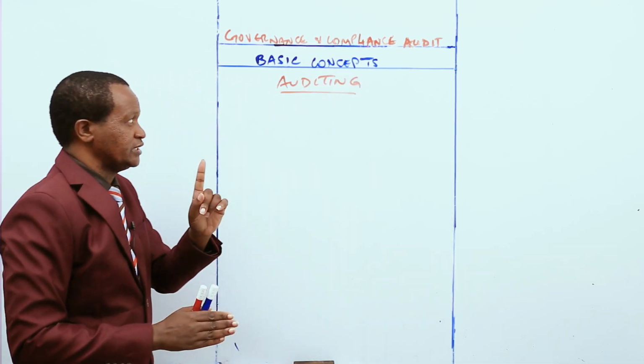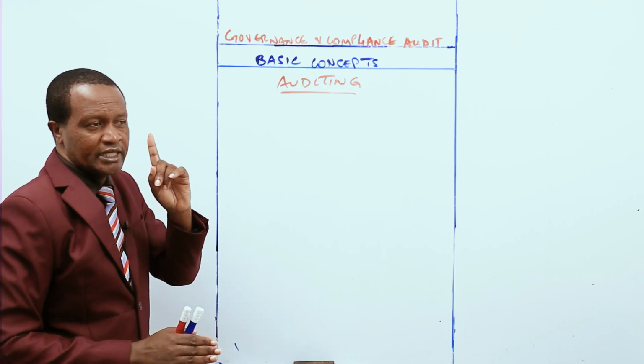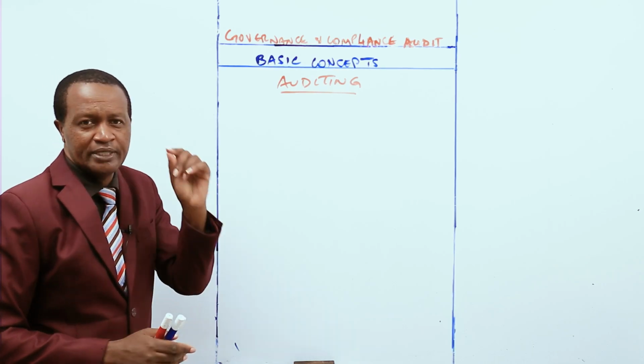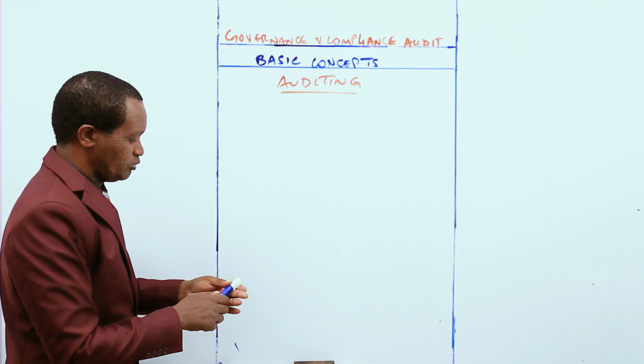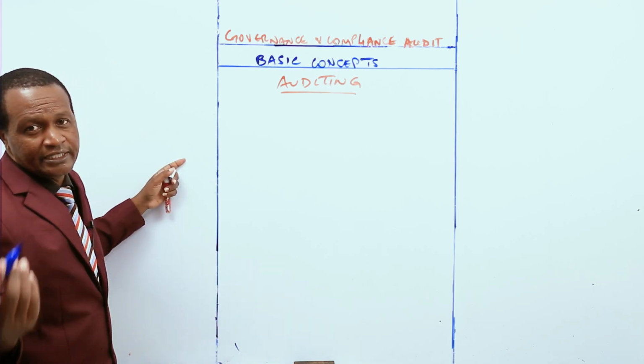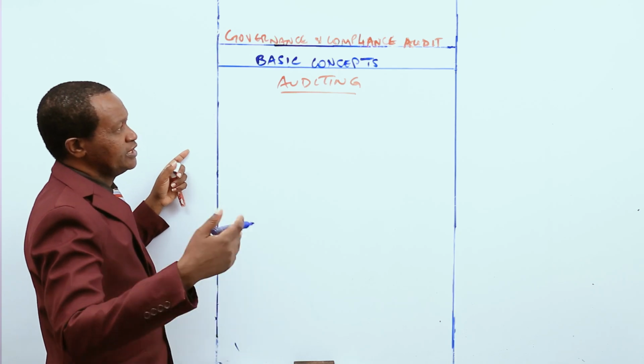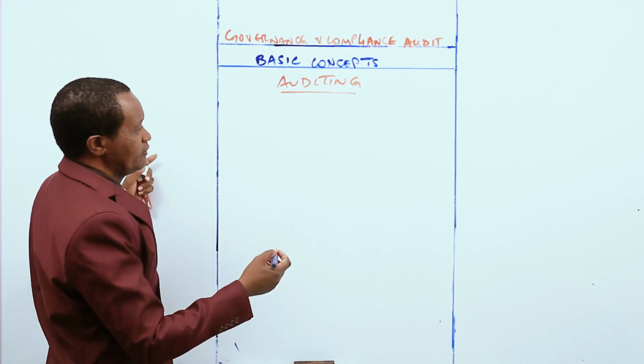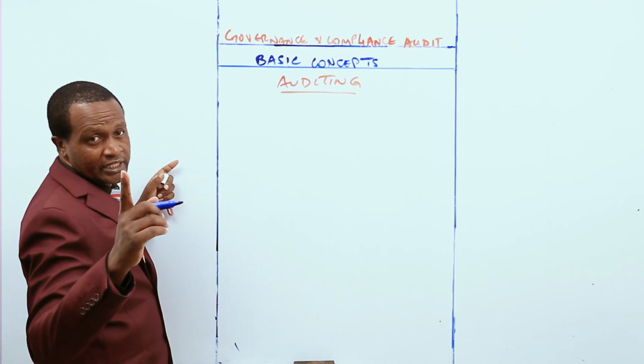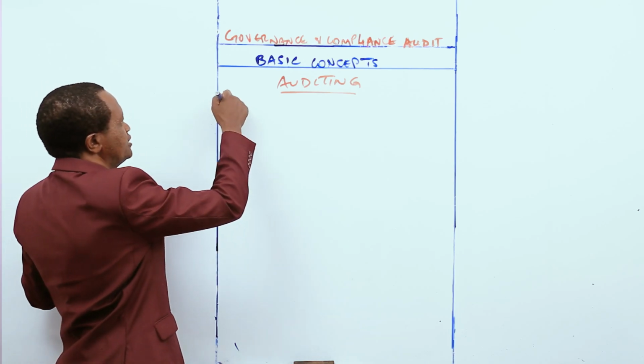That's the meaning of auditing. Auditing is a systematic, independent, and objective examination of an entity's operations, systems, information, and so on. So auditing, first of all, is a systematic